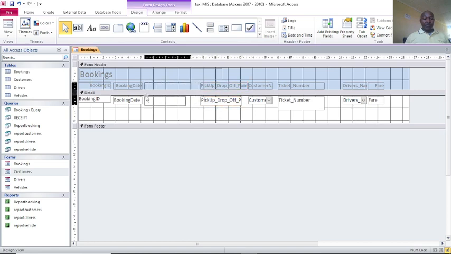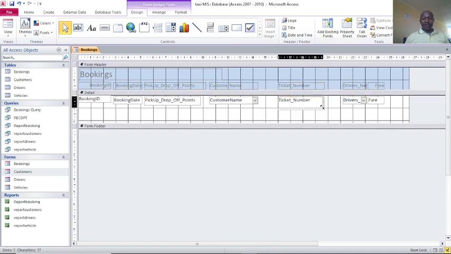Remember, it was memo. This is the drop or pick points. Then we have the customer's name. Bring it closer. You increase the size. We have the ticket. The ticket seems to be larger. So just highlight, take them closer. Then the driver's name, you can first of all